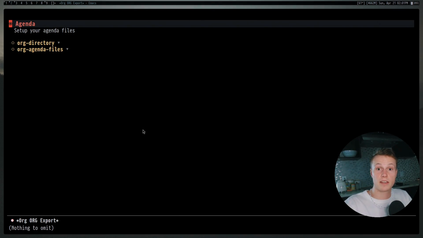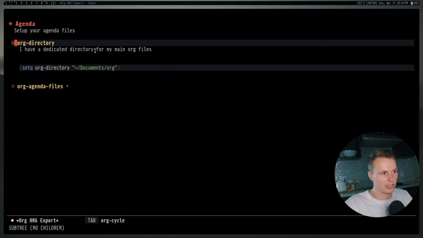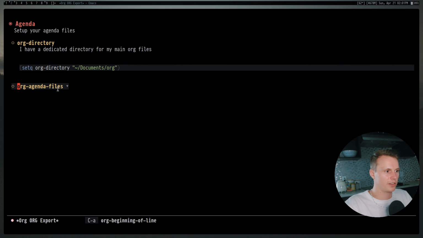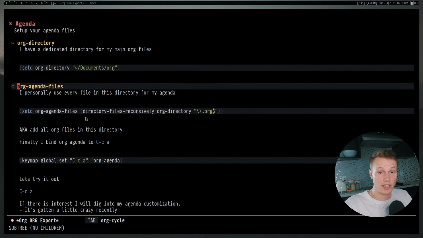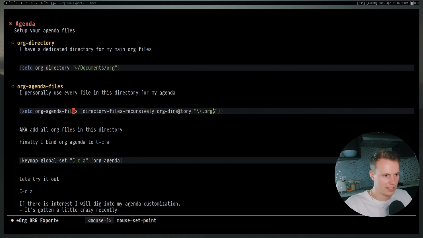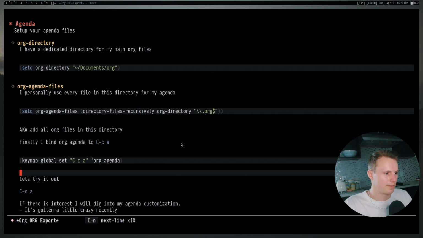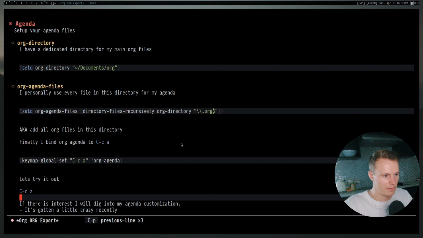Now let's go into some of the different features that you can actually use with org mode that I find extremely powerful just day to day when it comes to productivity. So for example, there is the agenda. Now getting set up is really straightforward. You just need to set a directory for your org files. This is pretty useful. And then you need to set a set of agenda files. For me, I just make it every single file in my org directory. You could do something special if you want to set your org agenda files to be just a specific subset or maybe just one file. But I like to just use every file in my org directory because it works fine for me.